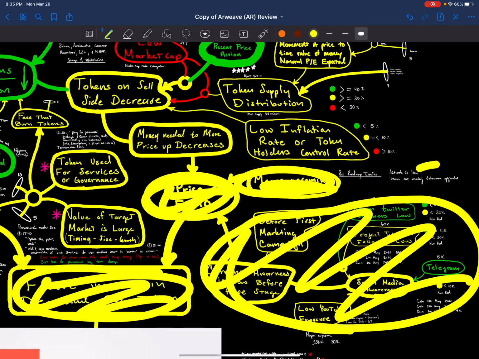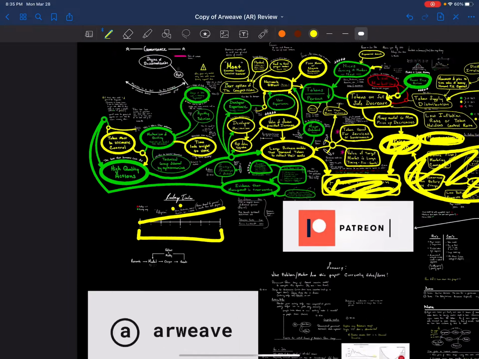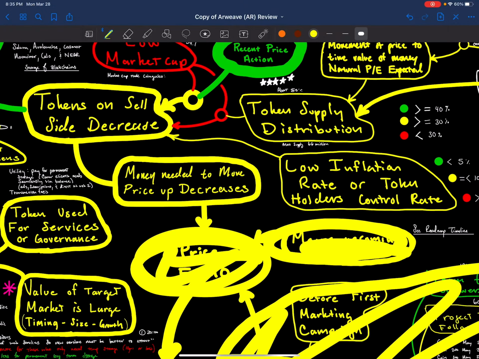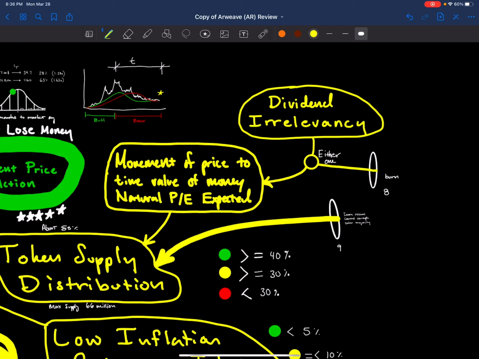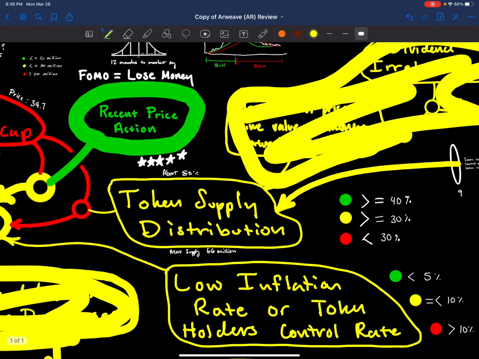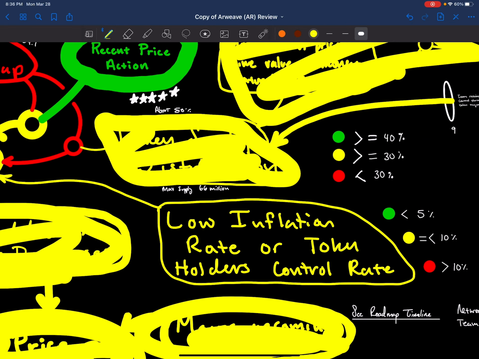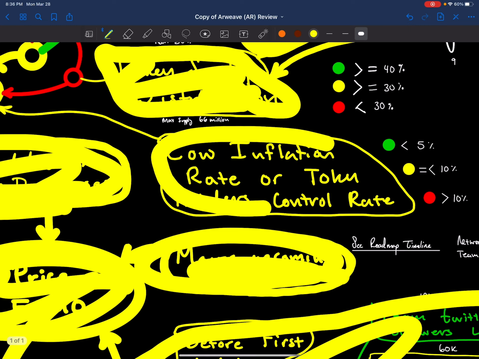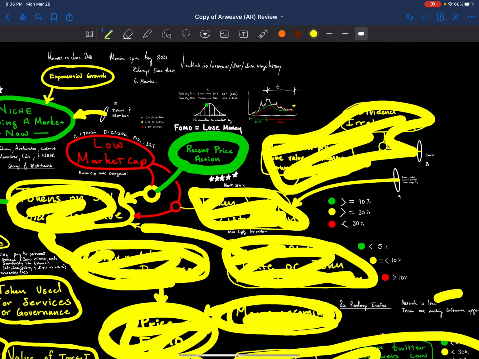I put it as neutral because it's more of an abstract reasoning, and there are no specific dates for major upgrades, etc. But it could still be a steady increase in value added. So money needed to move up decreases, neutral stance. Token to sell side decrease, neutral stance. There is no PDE expected because of the token model on this, so it's not tied to cash flows very well. The token supply distribution is about 50% distributed, and the low inflation is as those 50% come onto the market. So those are all neutral stances.